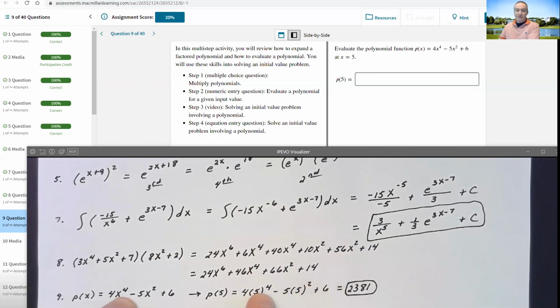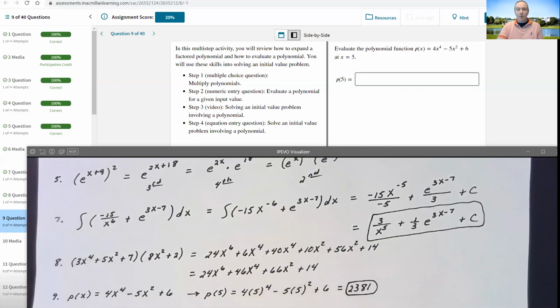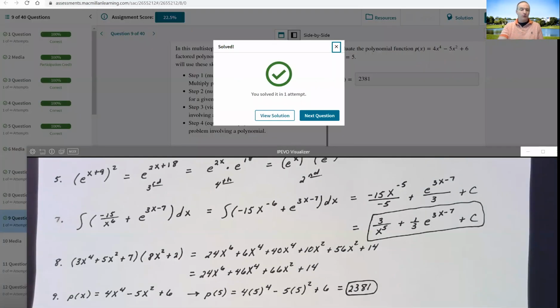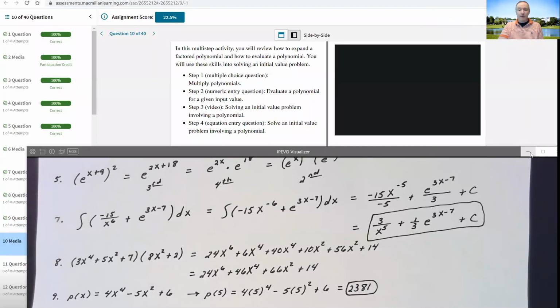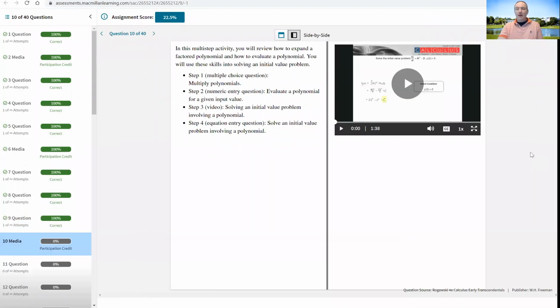This will be 4 times 625 minus 125 plus 6. When I did this on the calculator, I got 2381. And we'll put that up here, 2381, and check answer. Yes. For number 10. Number 10 is again a problem that has a media question, and what they're trying to